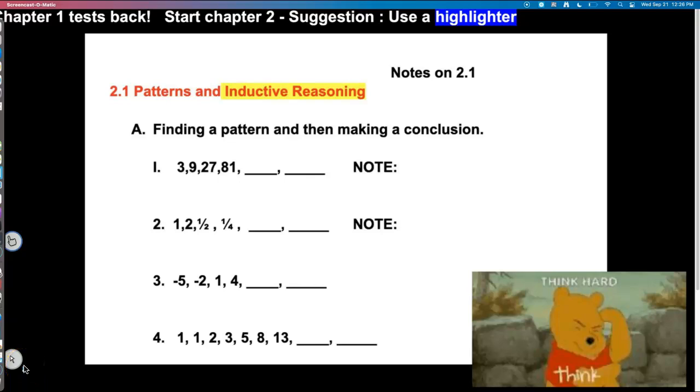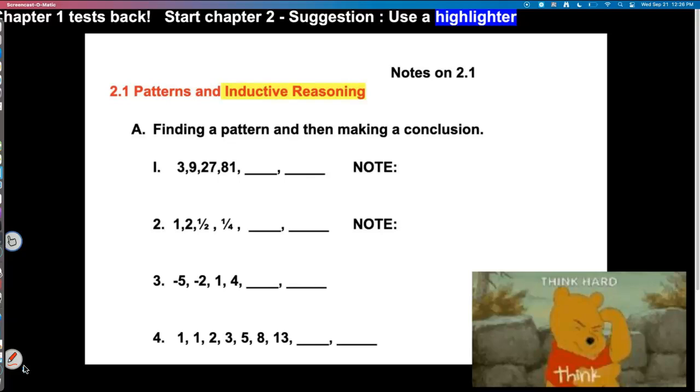So if you were absent today on Monday the 26th, we are starting chapter 2. It's on reasoning and logic. It's kind of going to be unlike any math you've encountered before. Lots of words, pretty light on the numbers. It's going to lead us into an introduction to writing proofs. If you've heard of geometry proofs, they're coming lightly this chapter.